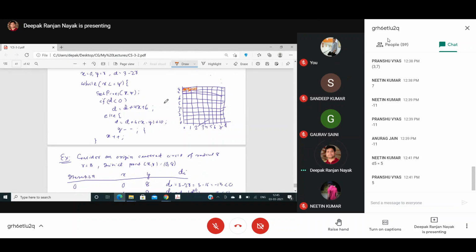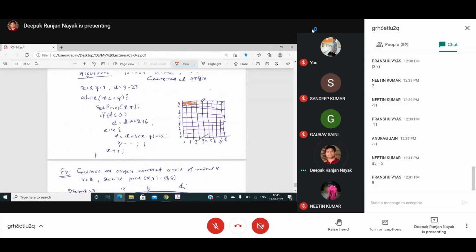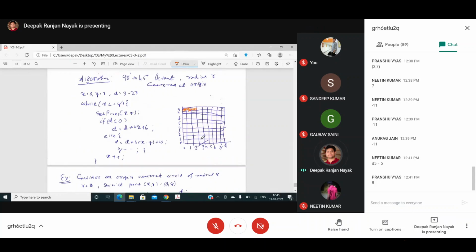All right. What are the other points? 3, 7, 4, 7, 5, 6. 3, 7, this one, then 4, 7, this one, then 5, 6, this one, then 6, 5, and you can also calculate the values for this,